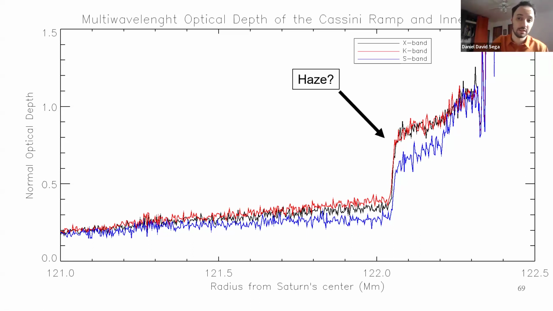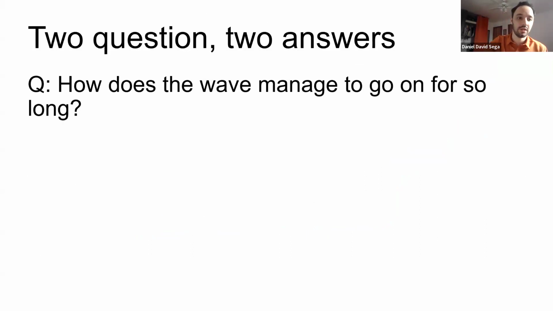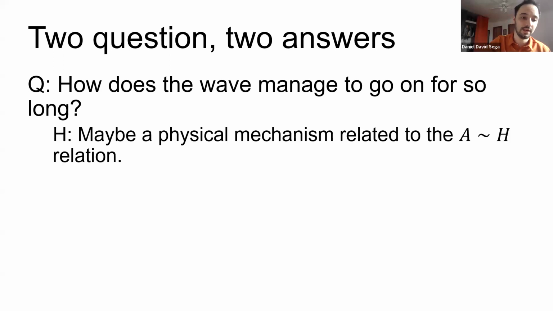So this may be a haze. That's the hypothesis. So we have two questions and two possible answers. First, how does the wave manage to go for so long? And we think that this may be useful for other stuff, for galaxies, for example, or maybe not, but it will obviously be useful for ring physics to know, but it has potential for us learning about how warps propagate